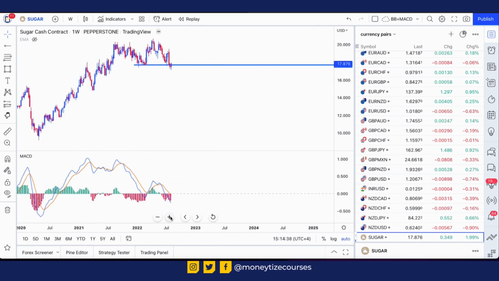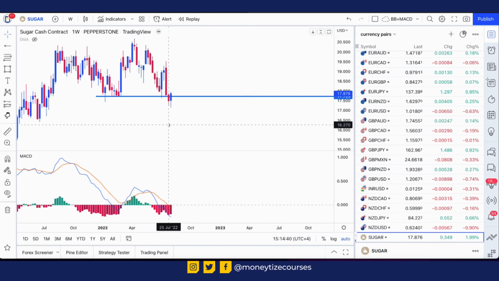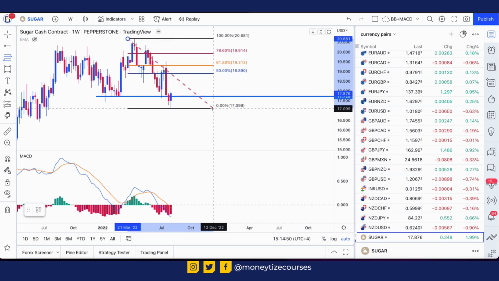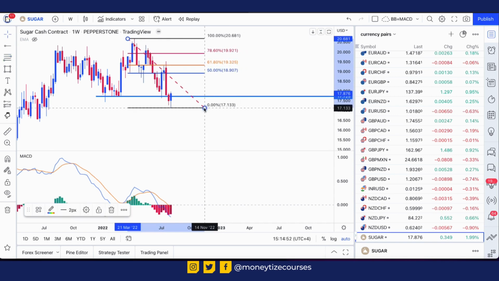We got the break below the structure, a minor break, but a break is a break, whether it's a minor or a major one. The major one definitely signifies a stronger movement, but still we have a break, and we are going to mark the fib retracement from the highest to the lowest, and I'm looking for the pullback